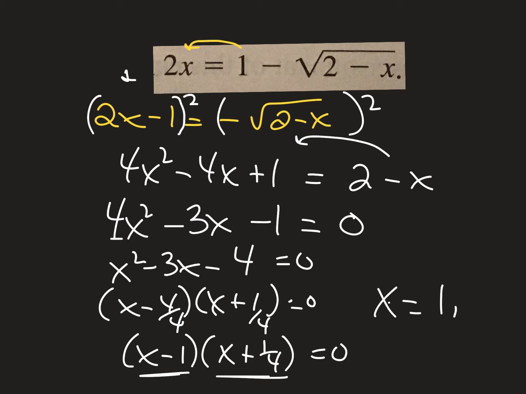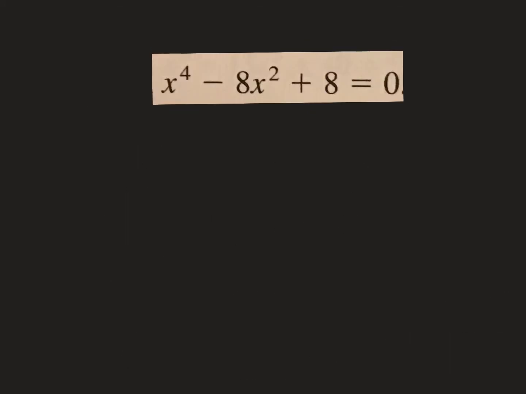One solution is 1, the other one is negative 1/4. All there is to it. Okay, so if you have a radical, try to isolate it, then square both sides. This one, if you have a 4th degree, anytime this middle exponent right here is half as big as the first one, it looks like a quadratic, so we're going to treat it like a quadratic. The first term is really x squared squared,